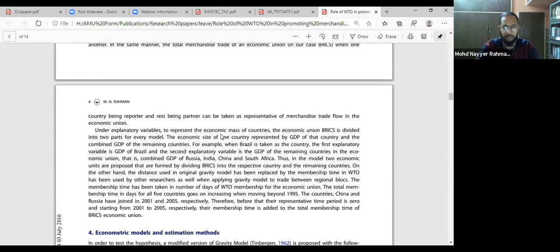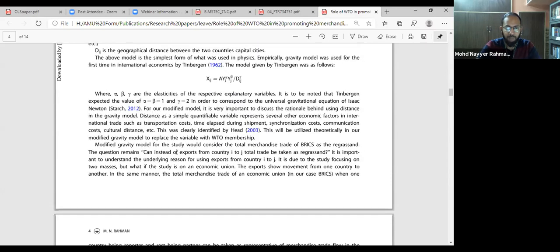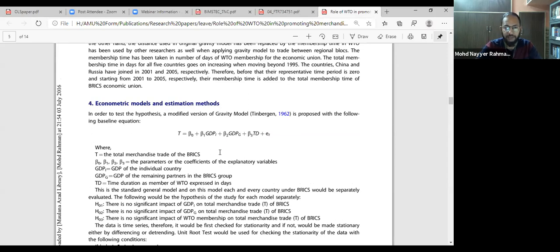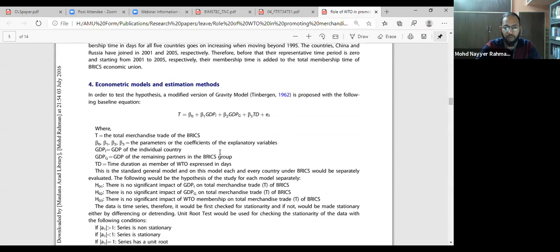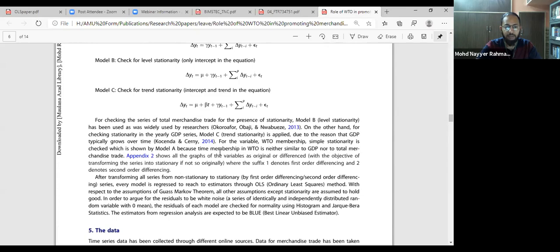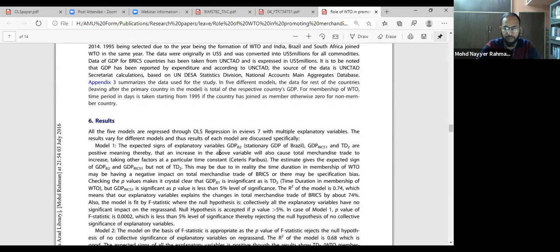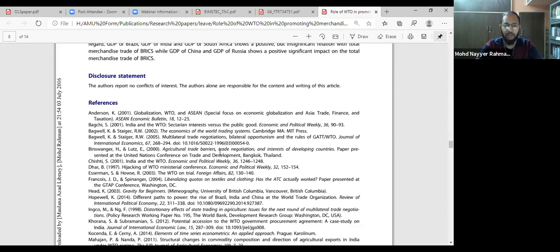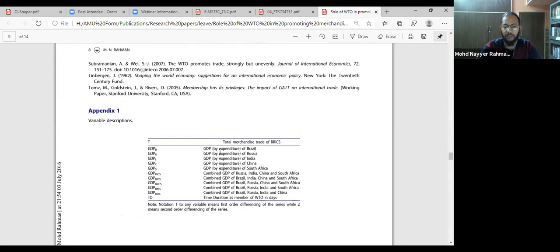So you have to tell everything about variables, what the expected signs of the variables are, what the elasticities are, etc. Then you directly go for econometric models and estimation method, how you are going to model, what your criteria are, etc. And then you go for the data, discuss the results, and then the final conclusion. This is a very simple and brief econometrics paper. The other things which are not very relevant for the readers, which are technical things, you can put in the appendix. If they are interested, they can go there. Otherwise, they can go on reading without any interruptions.